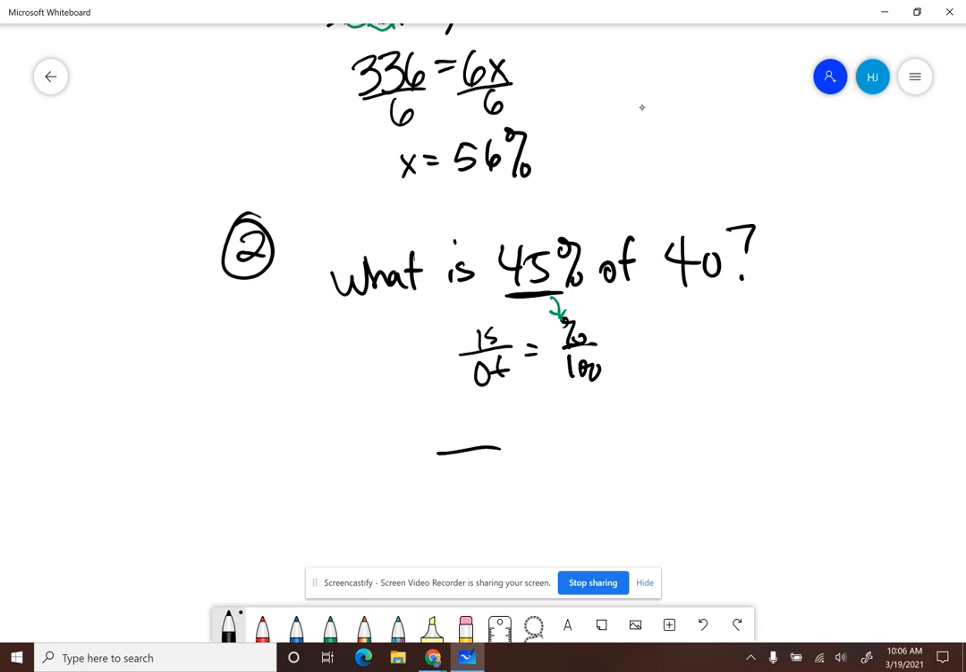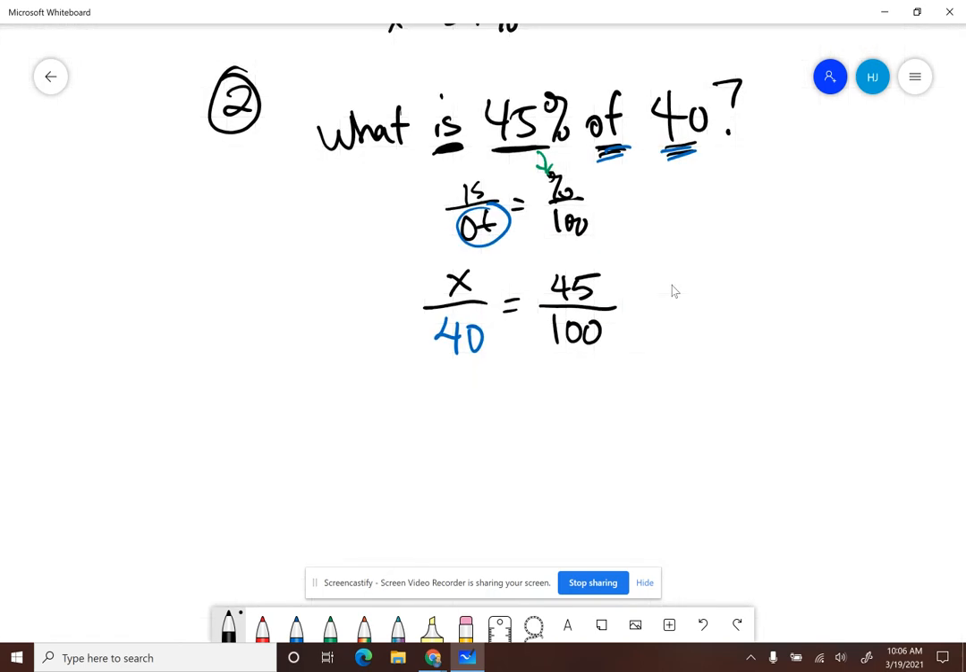So I'm going to go ahead and just create my proportion. And I know that 45 needs to go there. I know that 100 always goes here. And now it says of 40. So of 40, the of is the denominator in my first proportion, or it's my whole number. So then really what I'm looking for is X. It's is, what is, right? So again, same exact process. We're just going to cross multiply